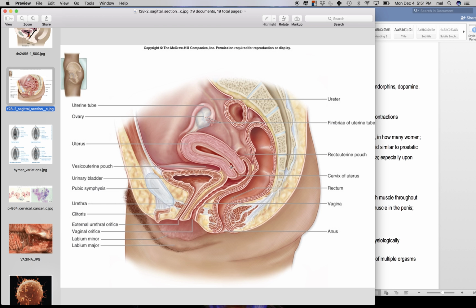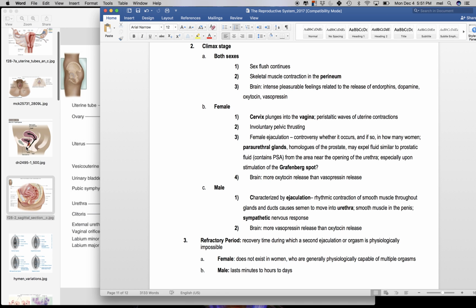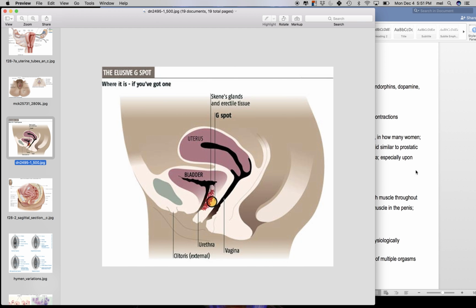Assuming that the literature is right that occurs, it probably increases the likelihood that sperm will move from the vagina into the uterus. Involuntary pelvic thrusting happens. And if female ejaculation happens, let's just talk about how it would happen here. If it occurs in the women that it does occur, and it does occur in some,